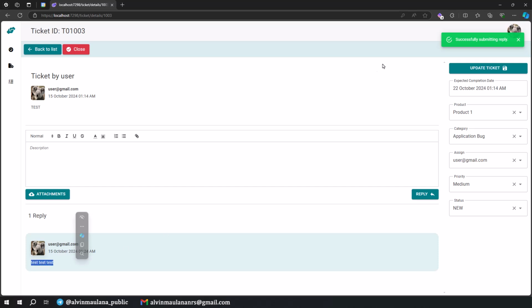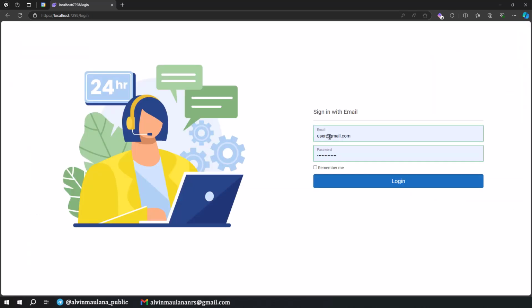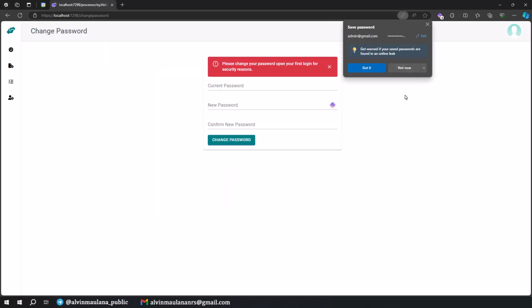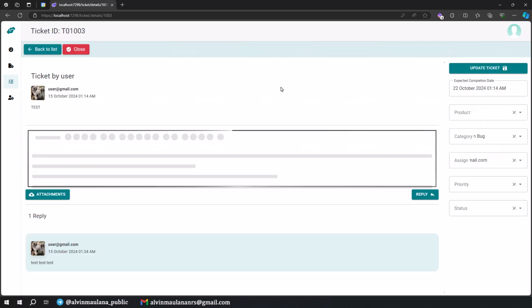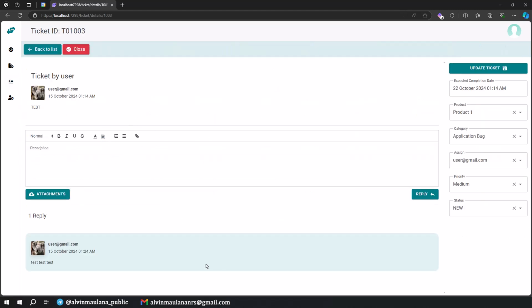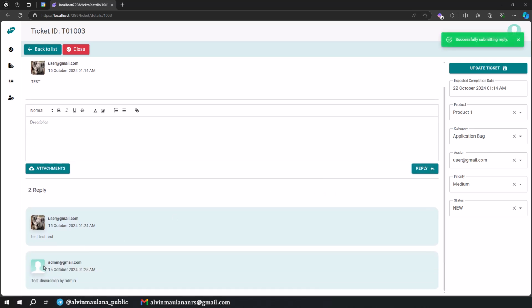We're able to see the discussion. And let's try logging in using another account. Maybe admin. Okay, I don't want to save it. And I want to try putting in a discussion again, test discussion by admin, and reply here. Nice. Now we're also able to create a discussion by admin.